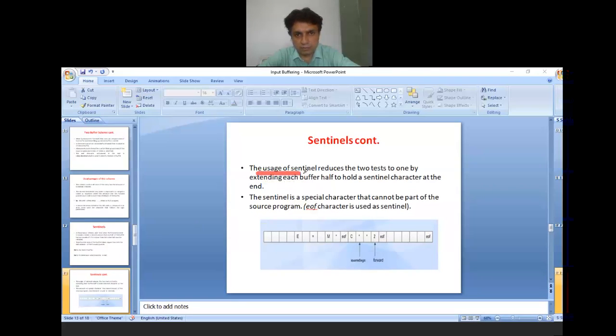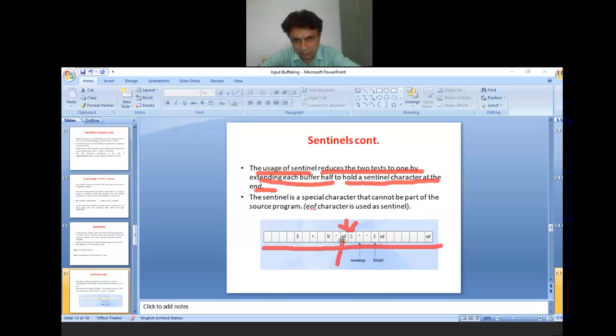Here the usage of sentinels reduces the two tests to one by extending each buffer half to hold a sentinel character at the end. As you can see in this example, the two buffers are clubbed into only one buffer, and in order to distinguish between the first buffer and the second buffer, we write EOF.